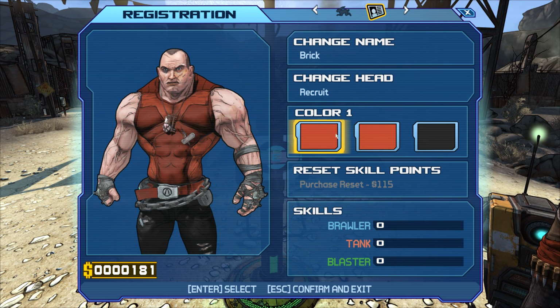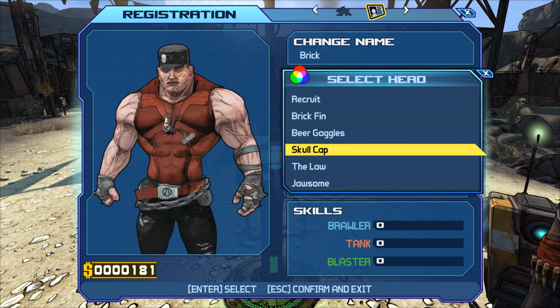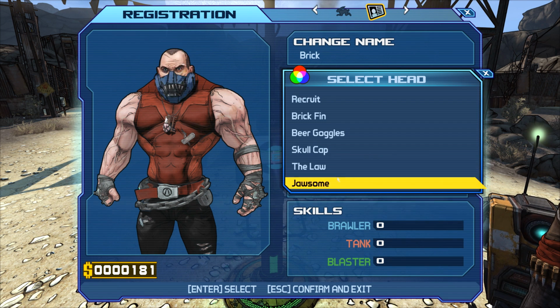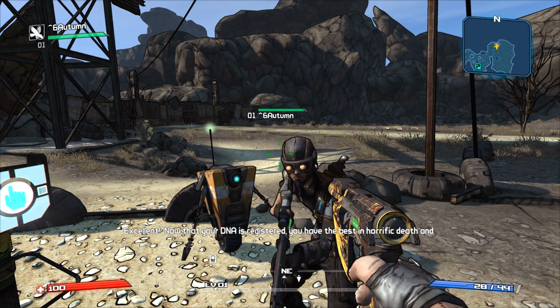That's pretty cool. Now, what color scheme were we going with? Oh gosh. For me, it was red, black. That's what I always went with. I don't know why. It's always what I went with. We have Brick Finn. We've got beer goggles, which so far I'm rocking beer goggles. We've got skull cap, which is a terrible looking hat. We have the Law. I'm definitely using the Law. I'm just saying. Then we have Jossum. I'm going with the Law. And I want your opinion real quick. What do you think of the Law? That's...